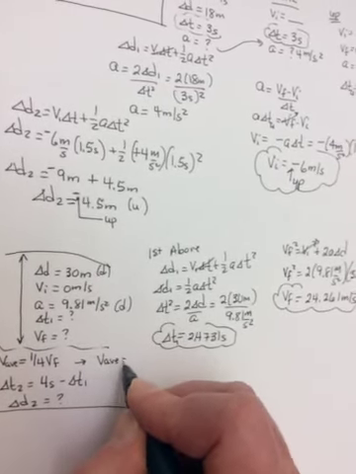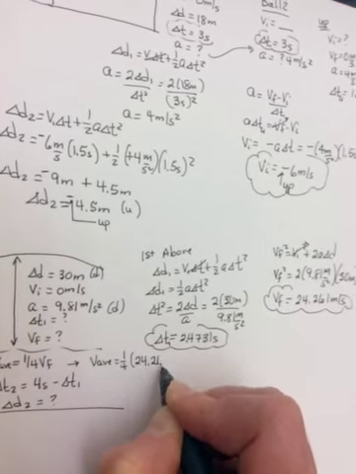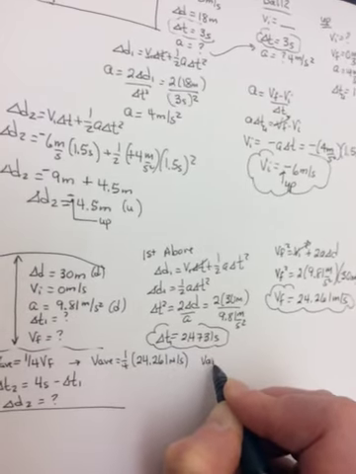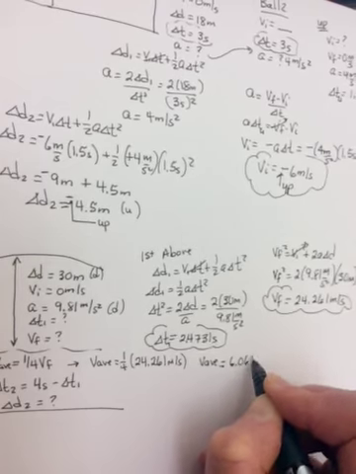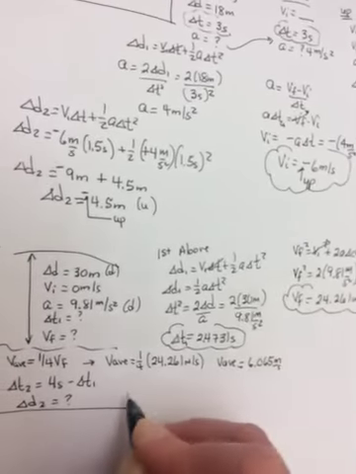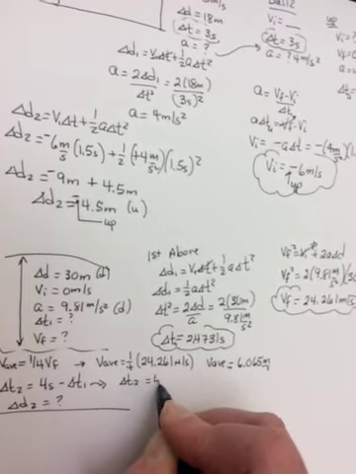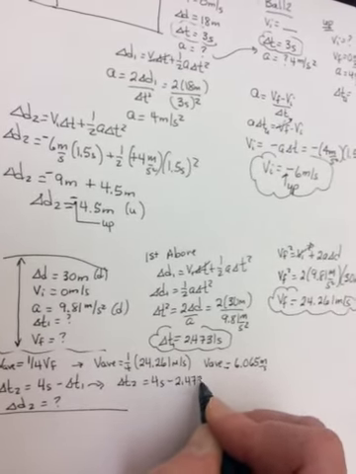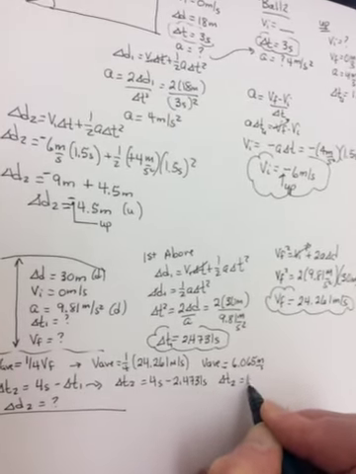Now that we have these two things, we can find our VAV. It's just 1/4 of 24.261 meters per second. So our VAV in the water should be something like 6.065 meters per second. And we can find our delta T2. It's 4 seconds minus the 2.4731 seconds we found above. So our T2 should be